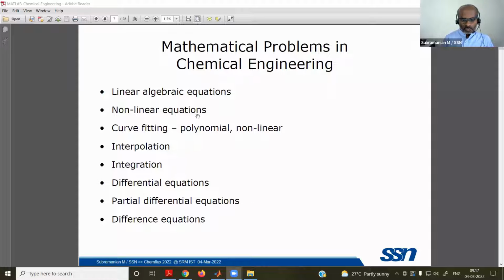And sometimes the data are available and you need to fit the data using a polynomial or any other nonlinear fit, and interpolate the data based on the available experimental values, and integration, differentiation. These are the fundamental things, and even partial differential equations and difference equations. So these are the overall mathematical problems one sees in chemical engineering especially.